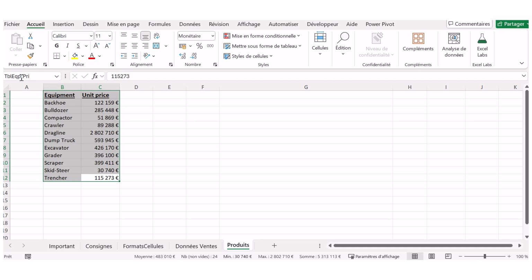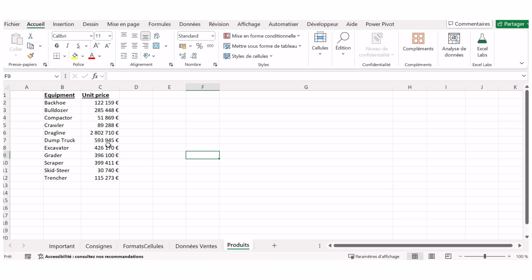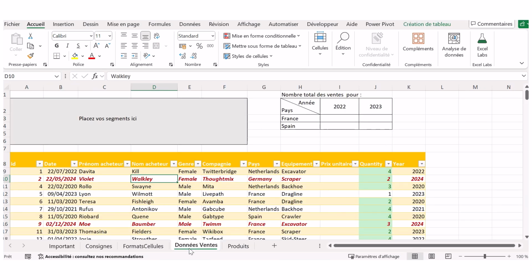Okay, and now it's entered. When I select this, I've got the name. When I copy down or write, it's not going to change. So I can use my formula here. I can use